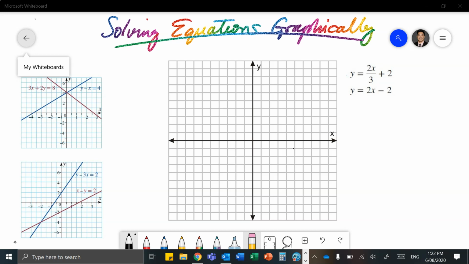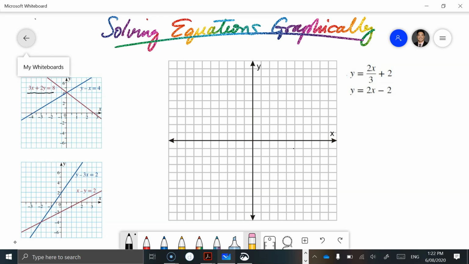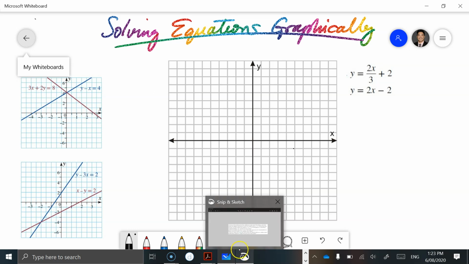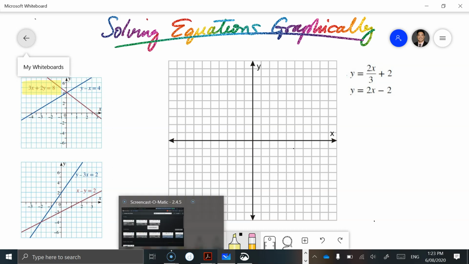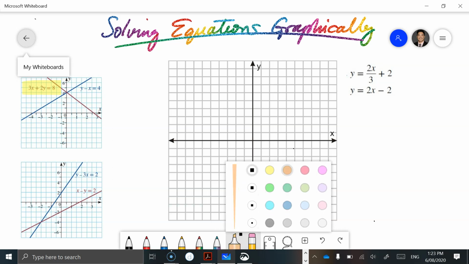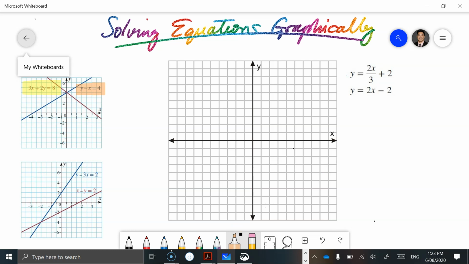So we've got a graph here, which is 3x plus 2y equals 8. What I might do is just highlight these so it's a little bit more visual. And then we also have one that is y minus x equals 4. Without getting through too much of it at the moment, because I've got some on the right hand side that we can sketch together,